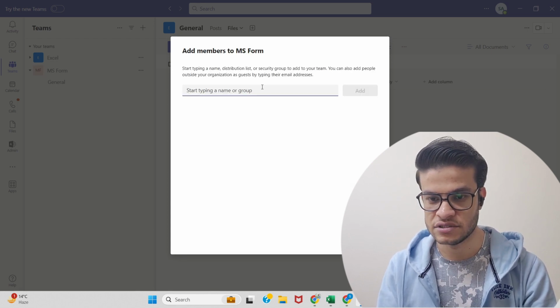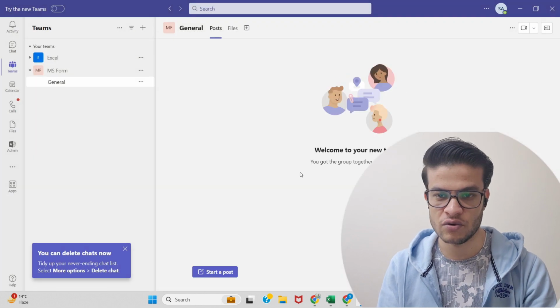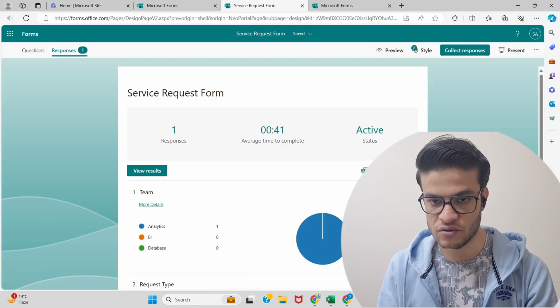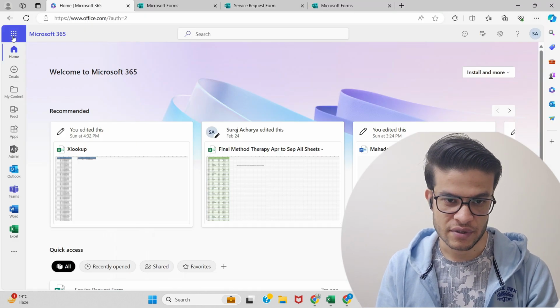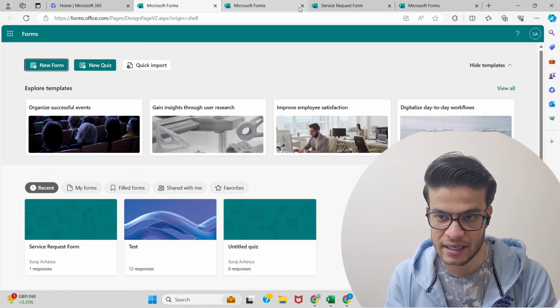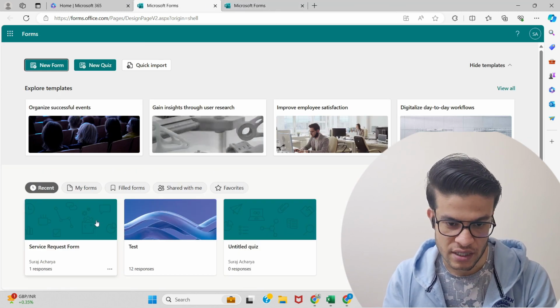Now I can just skip this. I won't add anyone here. I can add people later on. So I will go back to my SharePoint. I will go to the Candy Bar menu, go to MS Form, and when I'm back in the MS Form window here,